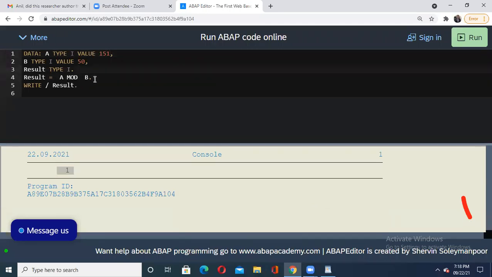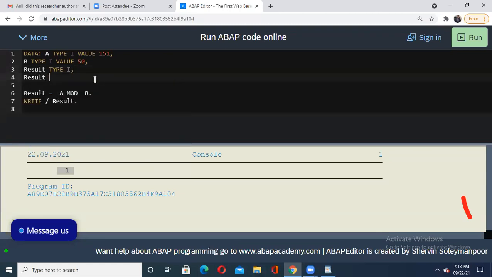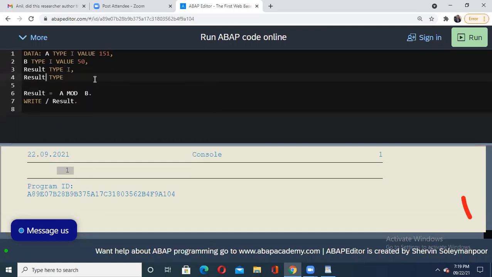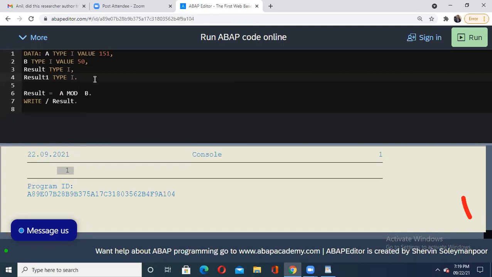Now I'll write one more statement here. Result type I, and here we'll give a comma and continue with another result. We cannot declare two variables with the same name, so I'm making another one as result1, and its type is again integer. So I have kept I here, and now I'm giving the dot.